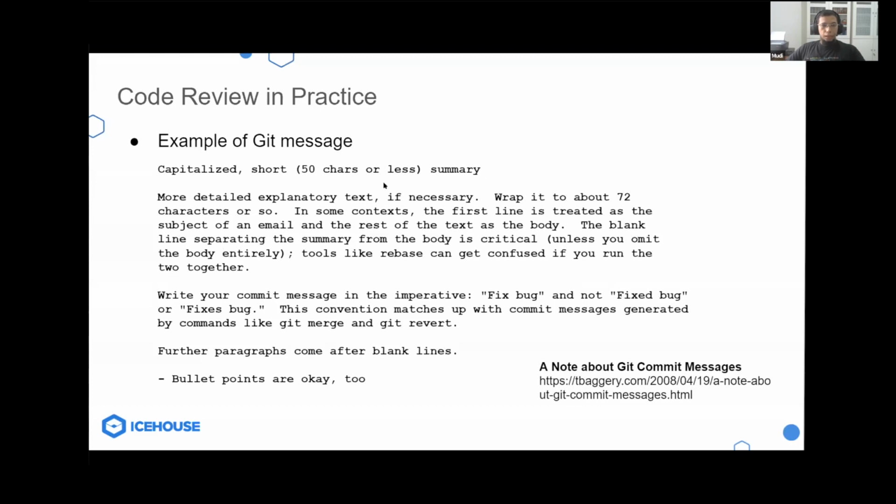For the first line here, write a capitalized, brief and clear message summary of what is being done, in an imperative sentence with a maximum of 50 characters or less. And this is important. It should be followed by an empty line should you decide to include a more detailed description below. For the rest of the body,